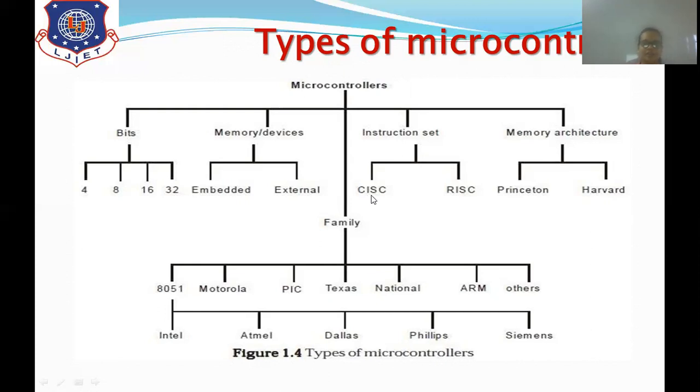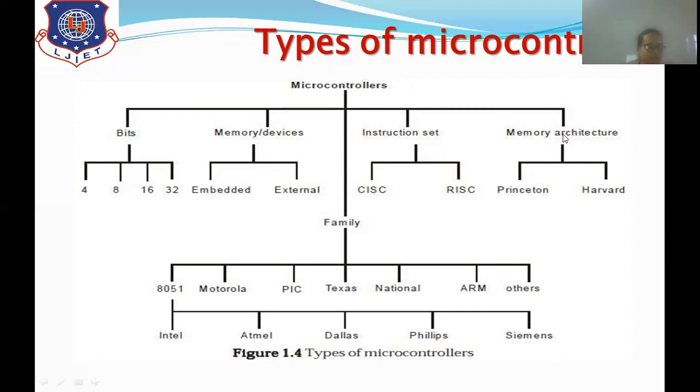That means these controllers which have a CISC type of architecture will have a smaller number of instructions to operate, whereas RISC means reduced instruction set computers. In this, the data bus and program bus will be separated.